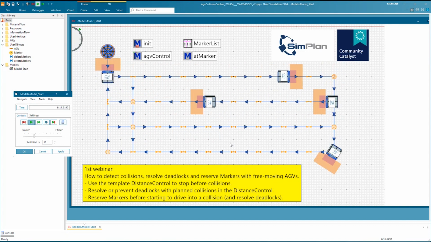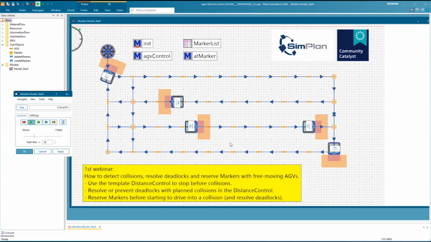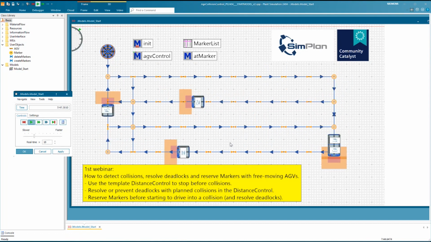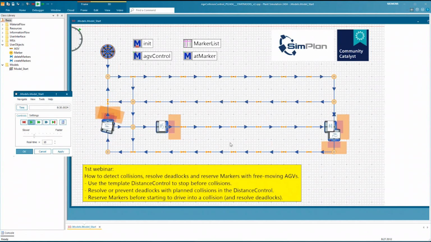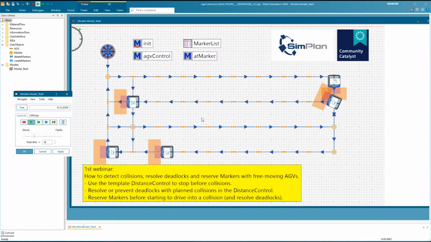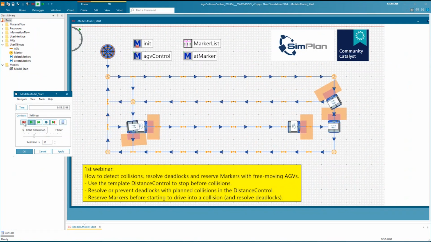They are only defined, their size is defined, and I'm visualizing them, but we do not have any kind of default functionality that automatically comes when you say zone 1 is a half meter or something. So for that, we have to use this distance control, which we will look at now.